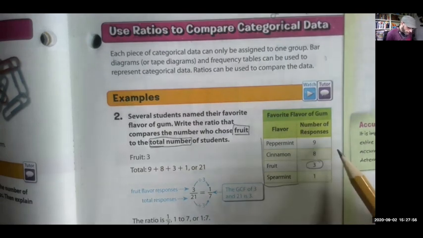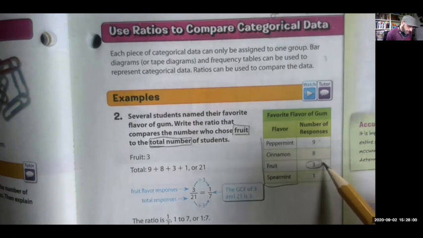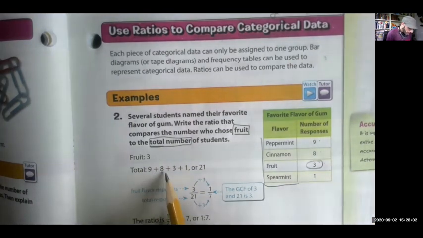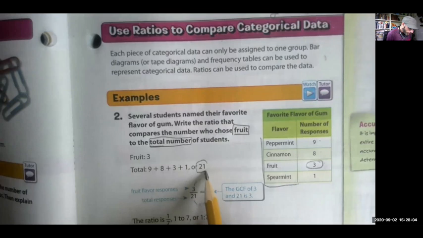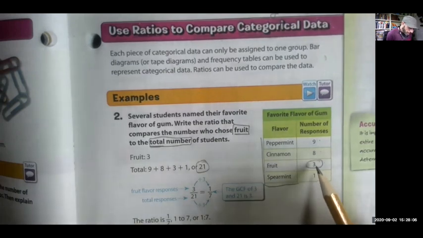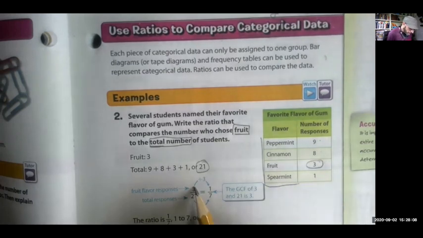And now for the total, we have to add them all up. So if I add up 9 plus 8 plus 3 plus 1, 9 plus 8 plus 3 plus 1 equals 21. So if there's 3 people who chose it out of 21, then just like it has here, 3 out of 21